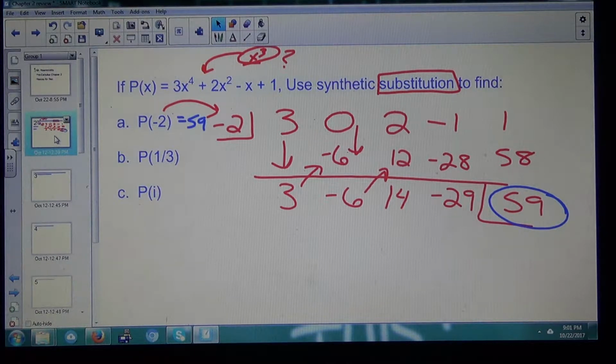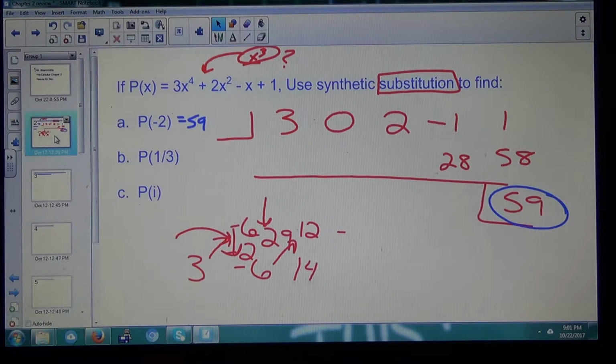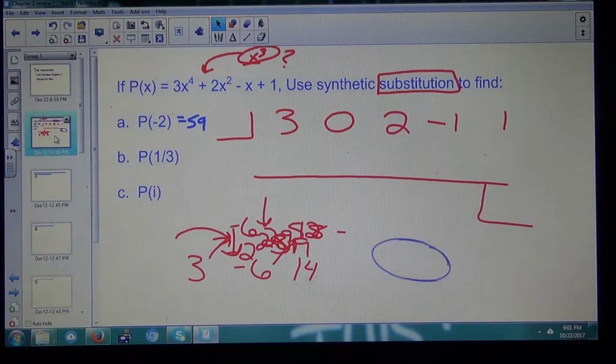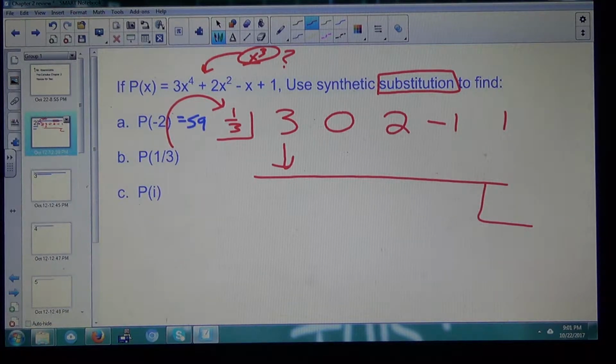So let's do the 1/3 next. Okay, so I'm going to get rid of this. I'm going to get rid of all these guys. Same problem, except now we're going to do 1/3. So you rewrite them again. I have the luxury of not having to rewrite it. So now I'm going to plug in 1/3 into that box. Same rules apply. So I drop down my 3. I multiply, 1/3 of 3 would be 1, and then I add, multiply,